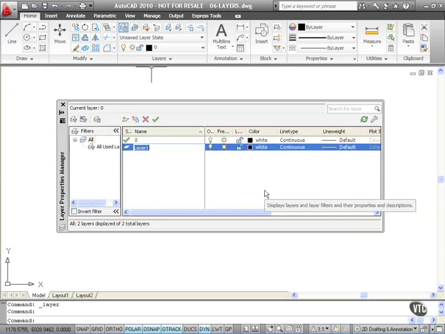If I had them all Layer 1, Layer 2, Layer 3, I wouldn't know what those layers were and what they did. So we have to give them recognizable names and work to a naming convention. The good thing is, in AutoCAD 2010, you can have up to 255 characters in each layer name, so you can be pretty descriptive if you need to. Now we're working with a title block, so my first layer is going to be title block, and I'm going to place all of the lines and objects that form my title block on that